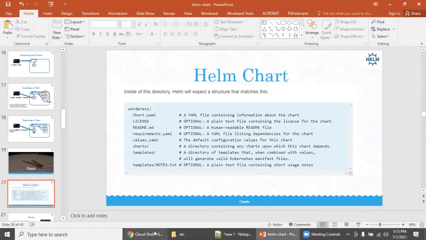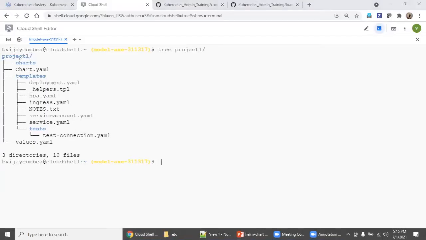If you go back to the output, inside this name you can define, right? There is a Chart.yaml and a templates directory. Under that there is deployment.yaml, hpa.yaml (horizontal pod autoscaling), ingress.yaml. So you have multiple YAML files, right? If you have this in the easiest way without any memorization or documentation reference, it will be really easy to learn. If you go inside this file, all the default syntax will also be there, which is a really good thing, right?